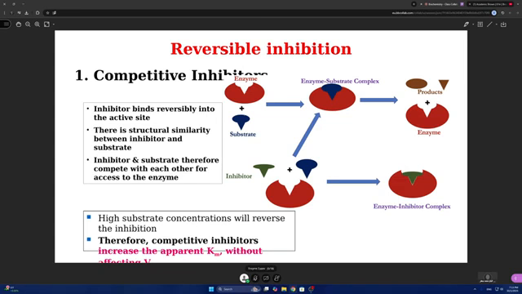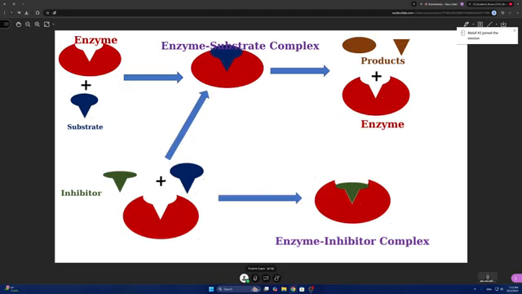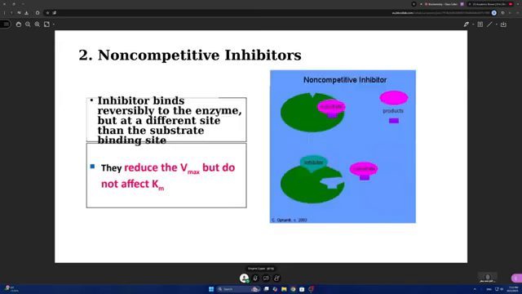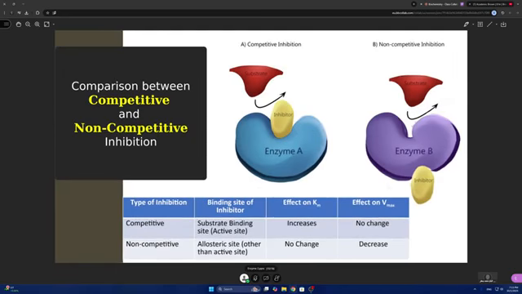Now coming to the reversible inhibition, that is competitive inhibition. Remember the last two points: there is an increase in Km and there is no change in Vmax. So if you want to save time, apart from the examples, there is a